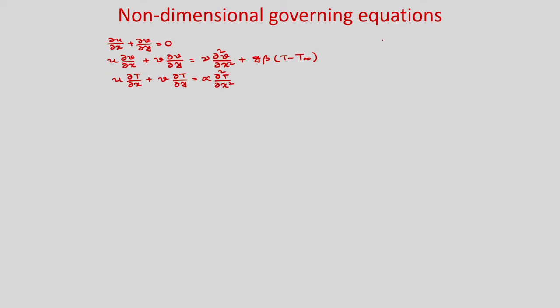So, you know that we have considered a vertical plate, and this is your x and this is your y. In x direction we have velocity u and in y direction we have velocity v. The ambient fluid is quiescent and it is at temperature T infinity. We have gravitational acceleration g in the negative y direction, and this wall is maintained at uniform surface temperature, that is your T w.